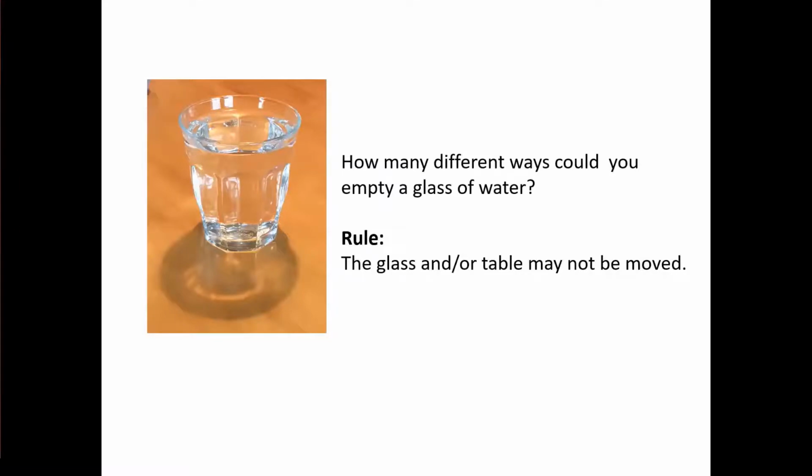So for this example, I want to engage some activity in the chat box, if I may. I want you to sit up in your chairs. I want you to look at the glass of water and get ready to type in the chat box how many different ways we can come up with to empty this glass of water. So when you're typing, I want you to think about the rule. There's only one rule. The glass and or the table may not be moved. So think on that. And as you come up with your creative ideas on how we're going to empty this glass of water without,